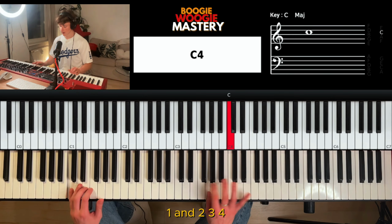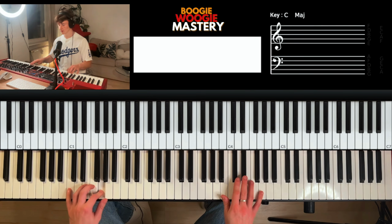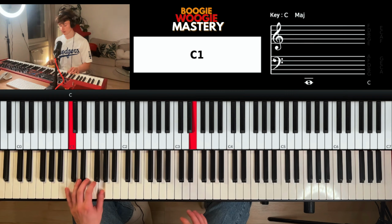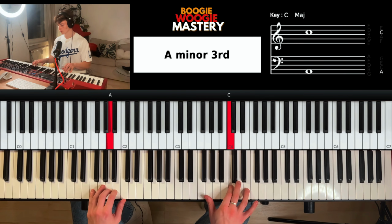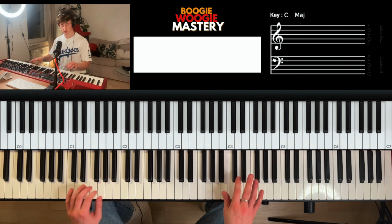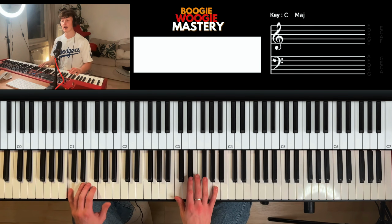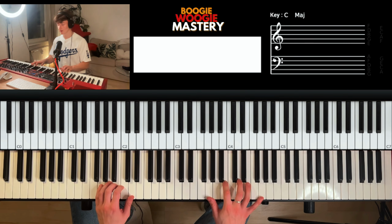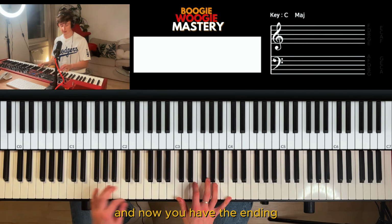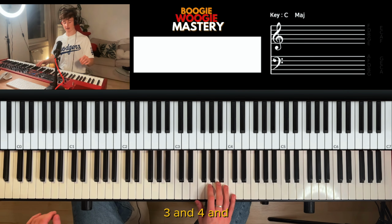1 and 2 and 3 and 4 and... and 1 and 2 and careful, onto F. 1 and 2 and 3 and 4 and 1 and back to C. 1 and 2 and 3 and 4 and you have this switch, and 3 and 4 and 1 and 2 and 3 and now you have the ending. And 3 and 4 and 1 and 2 and 3 and 4 and